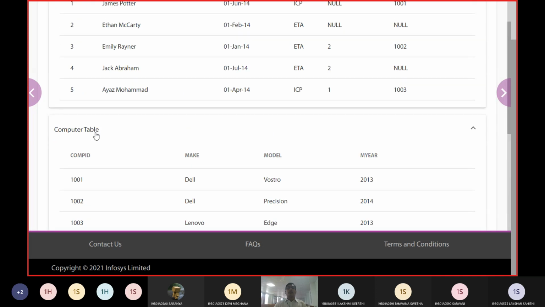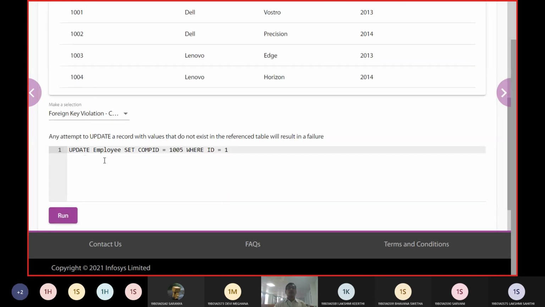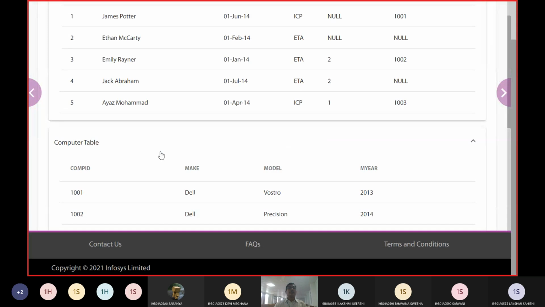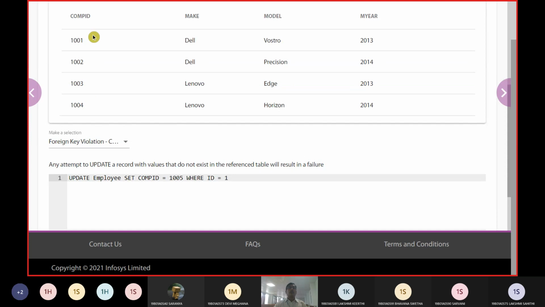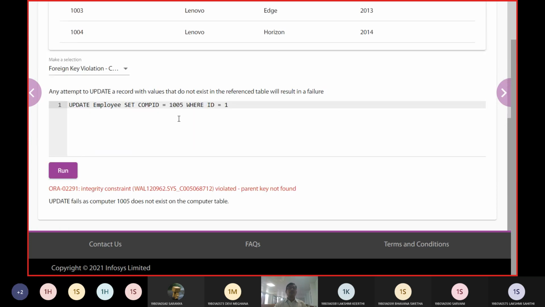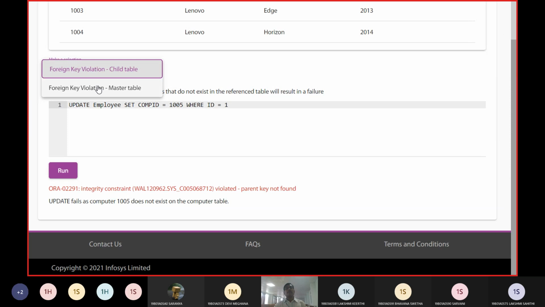But now we are updating ID 1 to 1005. ID 1 was 1001, but in the company table there is no 1005, and still you are updating it, which is not available in the table, therefore it is going to raise an error.